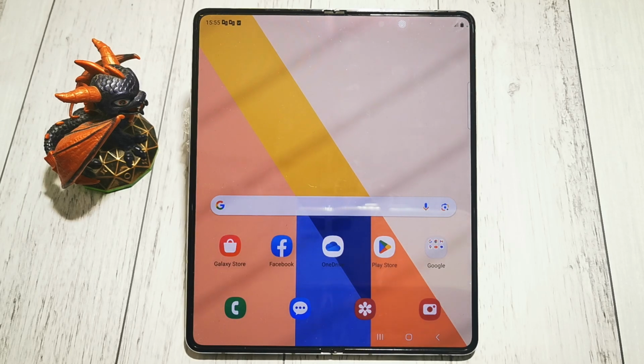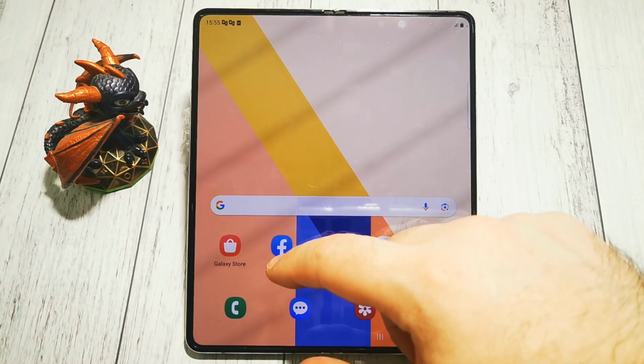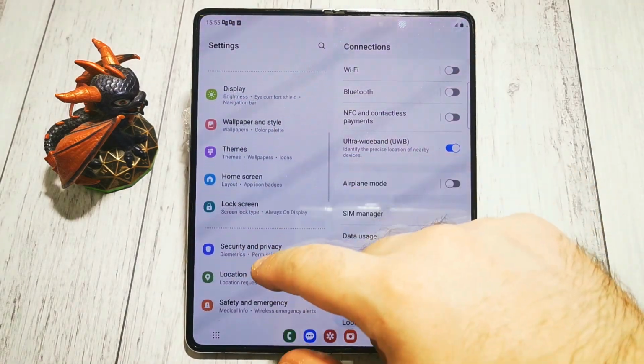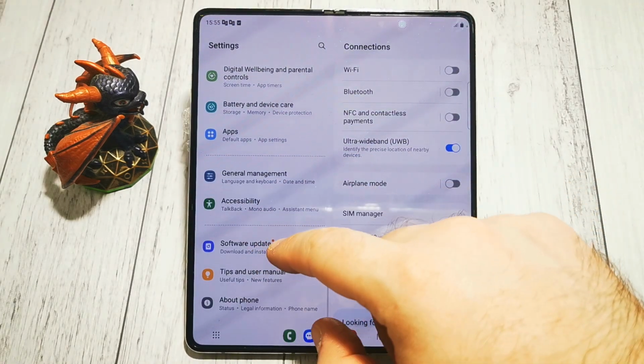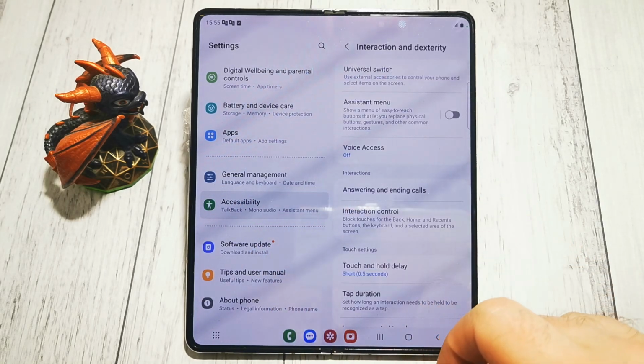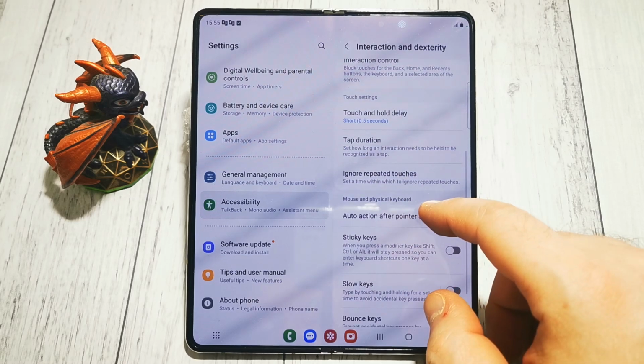Today I will show you where to find the option and how to turn on bounce keys in Samsung Galaxy Z Fold5. Where to find this option? Of course, in the settings menu. We go to settings, then we are looking for accessibility options, and here under interaction and dexterity we are looking for our